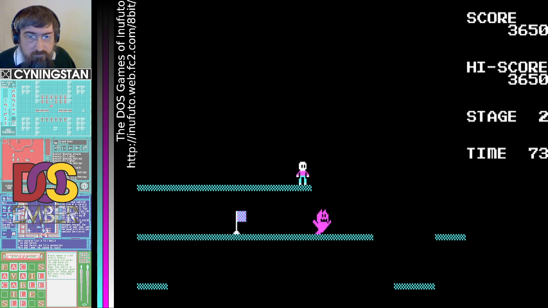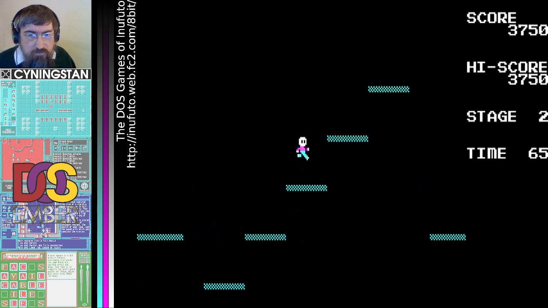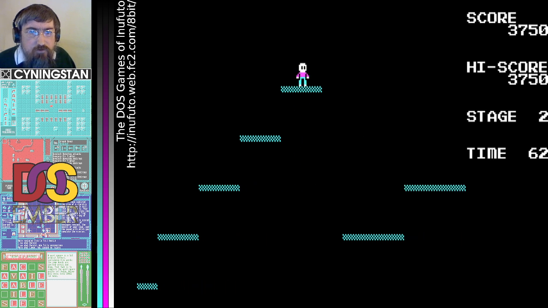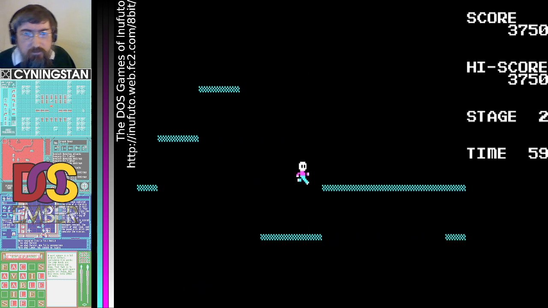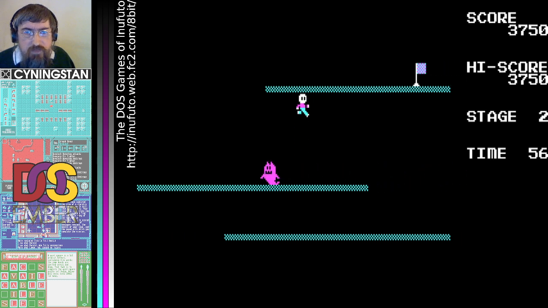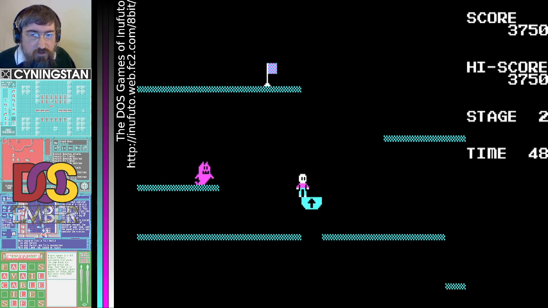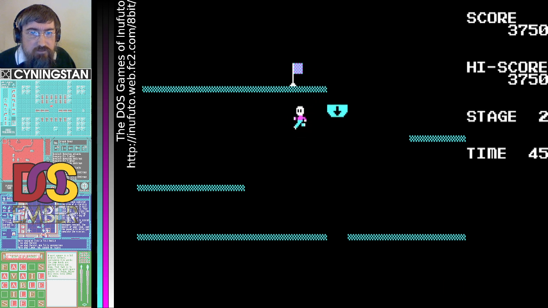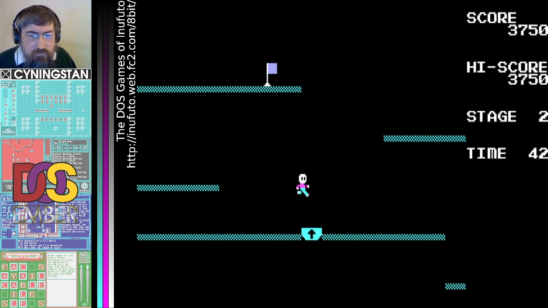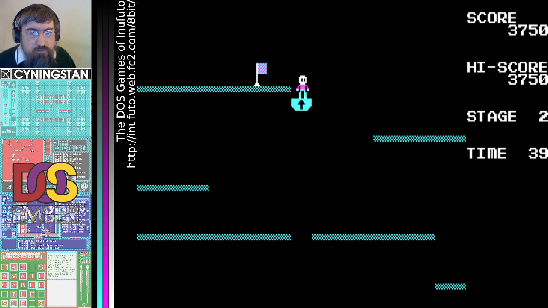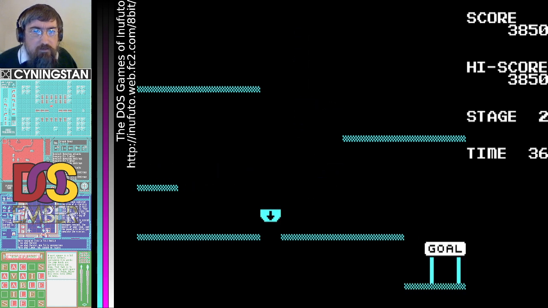I've got 75 seconds, but I don't know how much more there is to do. I like the fact that they've done a little bit of colour mixing here. We've got that sort of bluish mauve colour. Ah, no, I didn't want to do that. I wanted to jump onto that platform. Right, I've got to get up there. Yeah, the flags are actually a mixture of cyan and magenta colours. Okay, so I'll jump off the lift at the top. There we are. Oh, the exit's just there.